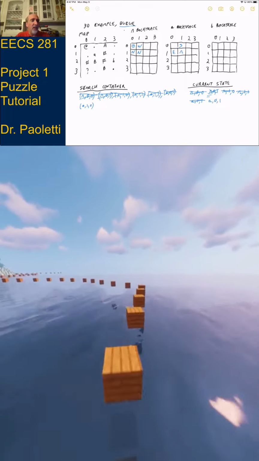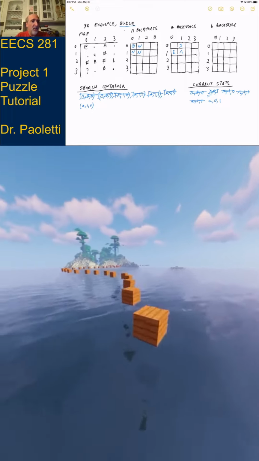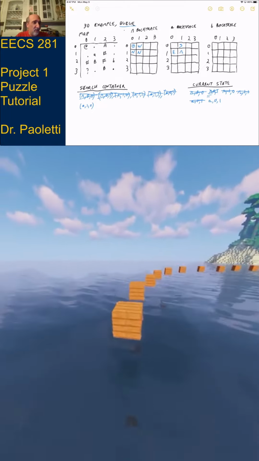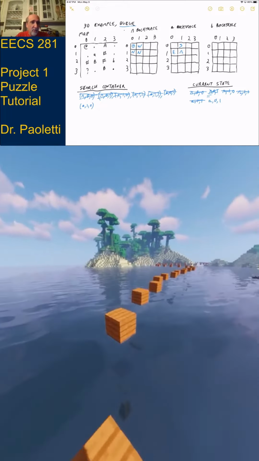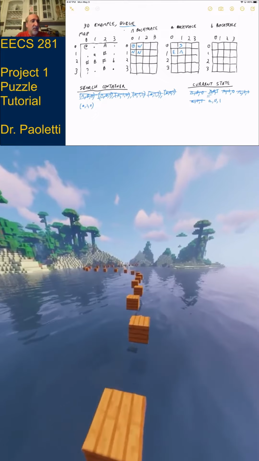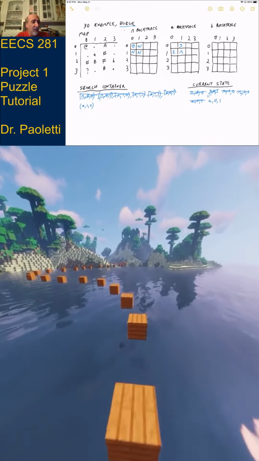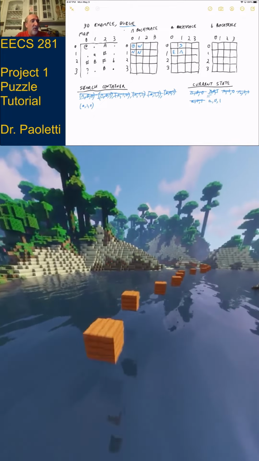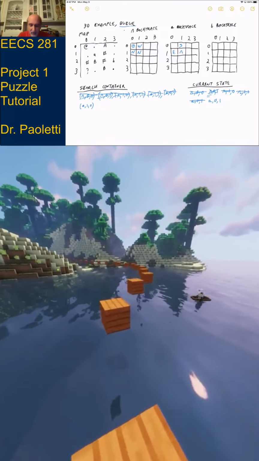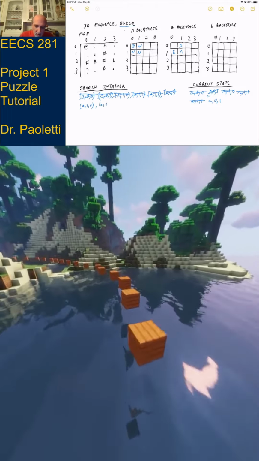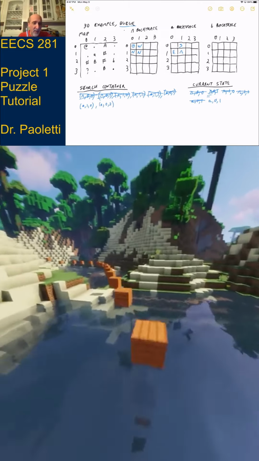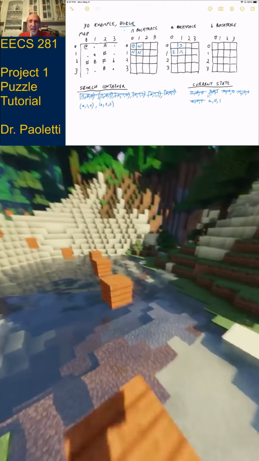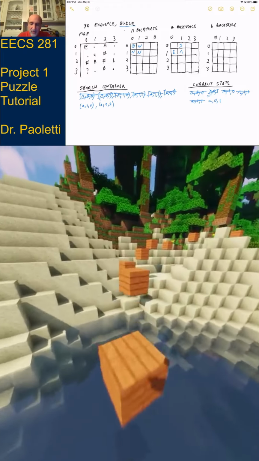So, A01. Can I go north? No, it doesn't exist. Can I go east? Well, it does exist. East of me is someplace I've never been. East of me is something I can walk on. Because I'm in color A, that capital A is like open floor to me. So yes, I can go there. So I would add A02 to the search container, and we got to do the backtrace. So A02 says, how did I get here? I got here from the west.